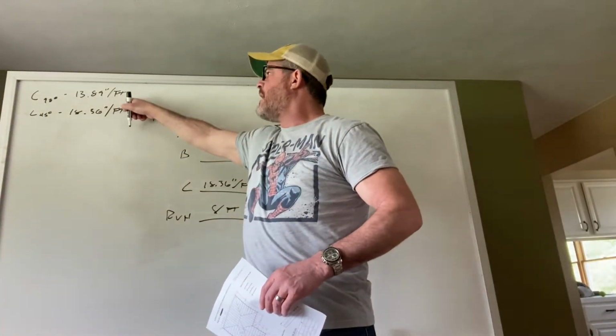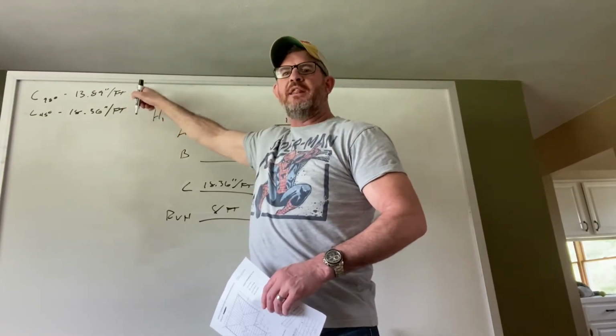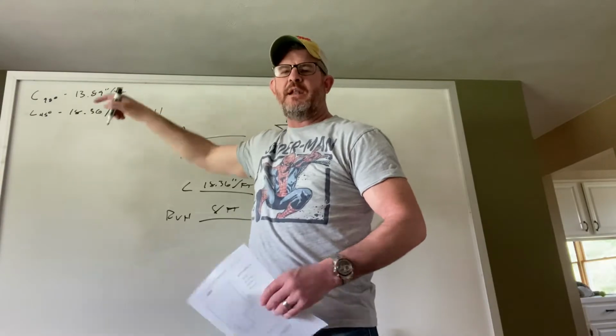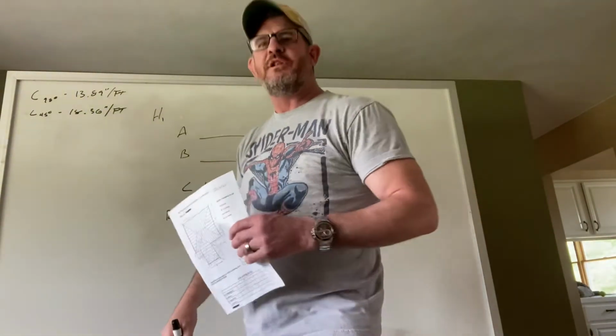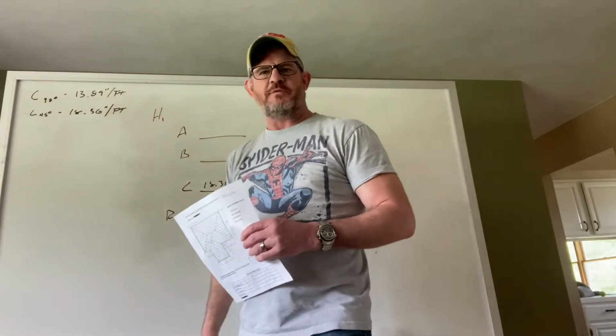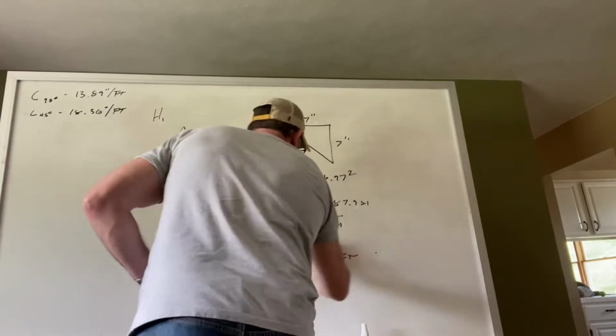Anything that's hitting my top plate at 90 degrees, my C is going to be 13.89. And again, that's the geometry. Okay, now we're using our algebra to solve for our geometry. But the geometry defines the shapes for us. Okay, and very simple shapes. All right, so from there,